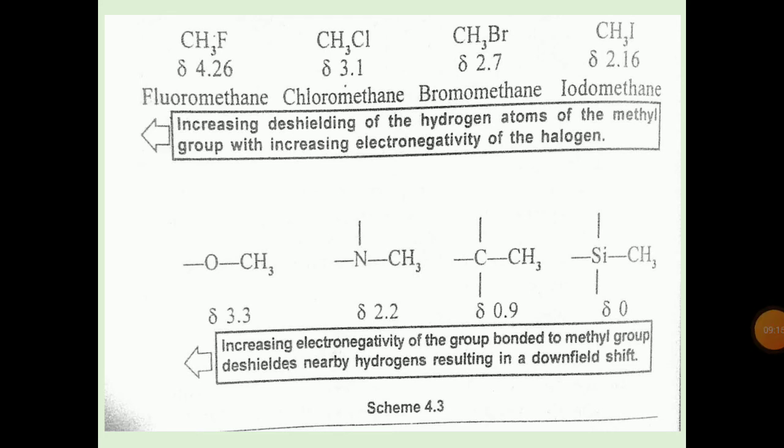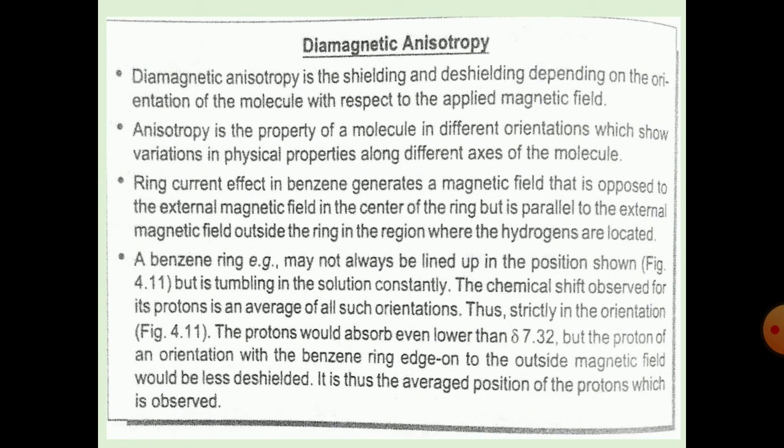The next is the diamagnetic anisotropic effect. The downfield shift of a proton attached to a carbon-carbon double bond, and of aldehyde and aromatic protons, can be explained by considering the molecular magnetic field induced by the action of the applied field H0 on the pi electrons. The magnetic field induced by the pi electrons is directional, that is, unsymmetrical. A measurement which varies with the direction in which it is taken is said to be anisotropic. Because the effect of the molecular field induced by the pi electrons is direction dependent, these are therefore termed diamagnetic anisotropic.